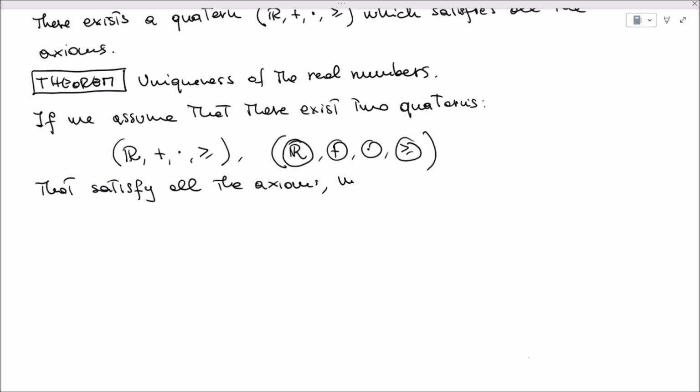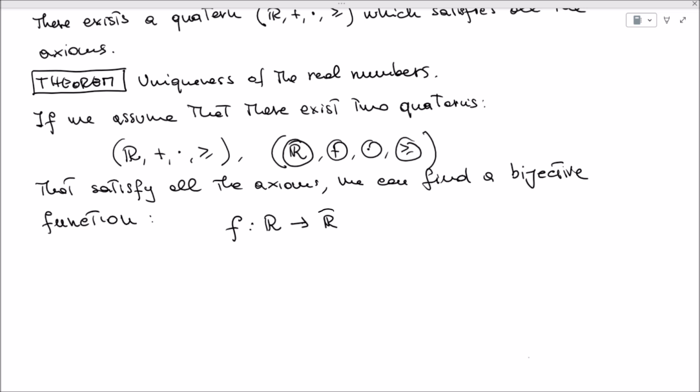We can find a bijective function f that goes from the first set to the second set, a bijection, so a 1-1 mapping between the two sets,